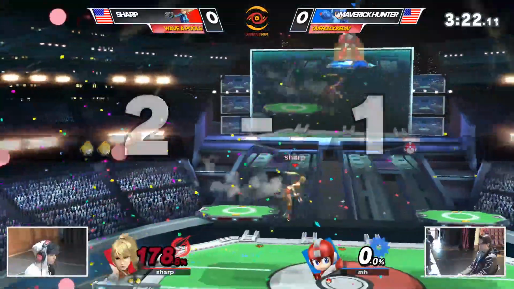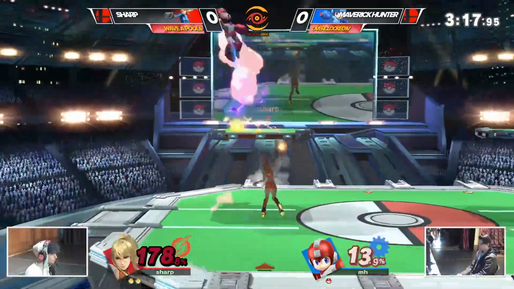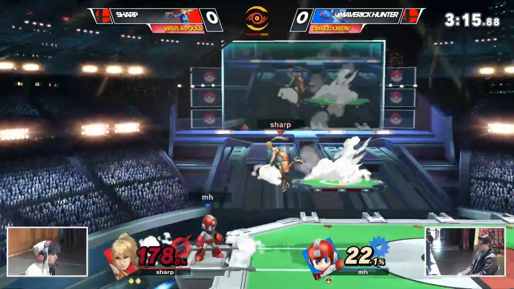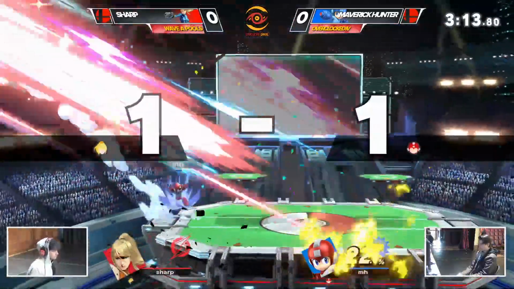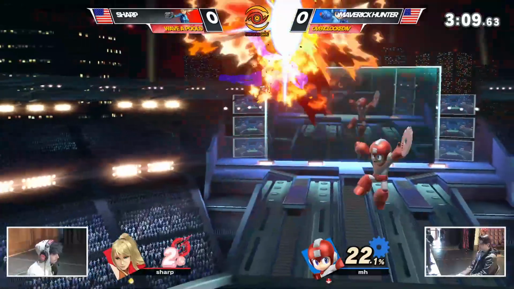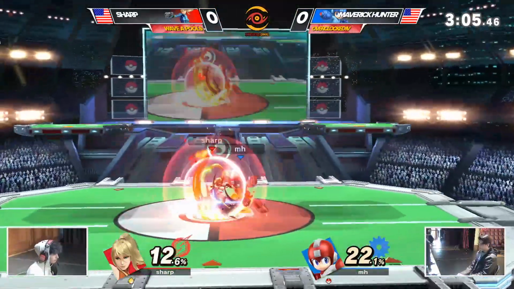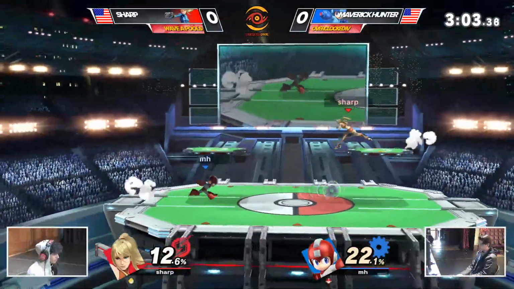Caught him. Nice catch. Yeah, just getting that down smash by the ledge there and getting a full rage forward smash to secure the KO. Now Sharp barely pulling ahead here. That back throw is definitely going to yeet him out of the venue, and now we have ourselves a tie game, one stock apiece for this game one here. And looking pretty even Steven right now. We're going to see who's able to get the...